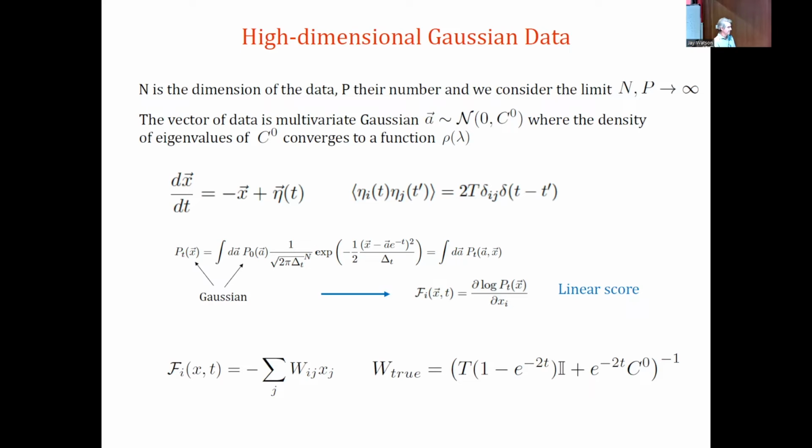Which means that the exact score is the log of a Gaussian, which is a quadratic function of x. You take the derivative, so you get that the exact score is linear in x, so it has this form. You can compute it exactly, and the matrix W at time t is just given by this expression. You can see that when t is 0, this term goes away, and you get just C0 to the minus 1, the inverse of